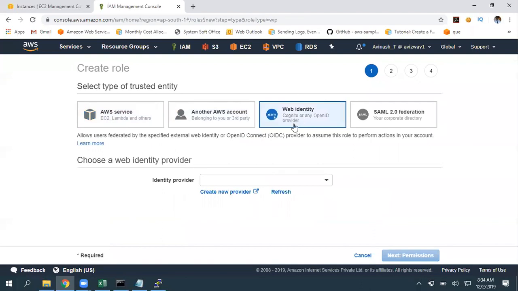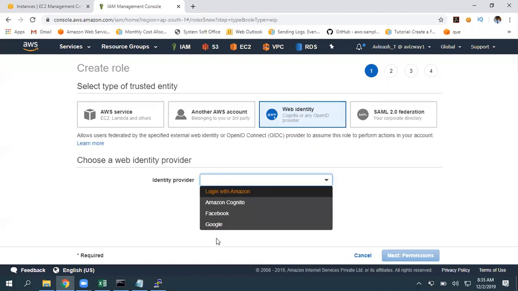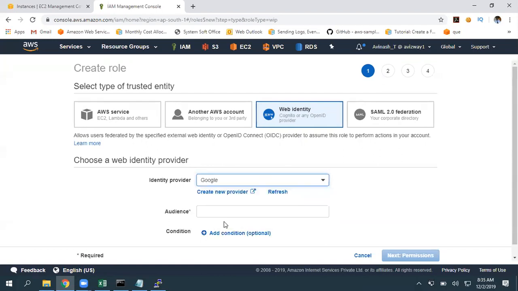The third one is web identity. Basically, we can use these IAM roles for third-party identity providers also. If you are using your own identity provider, you can just go here and give that. For example, for my application, I want to log in by using Amazon Cognito credentials, Facebook credentials, or Google credentials.